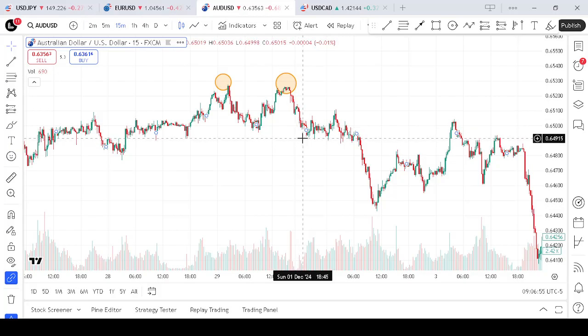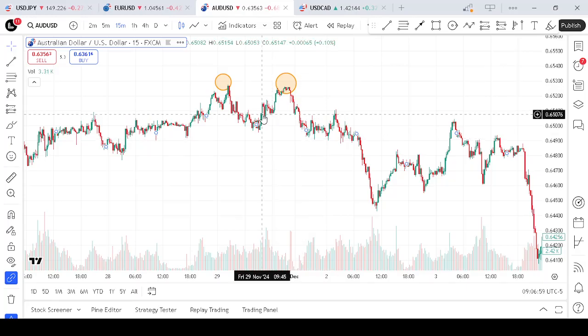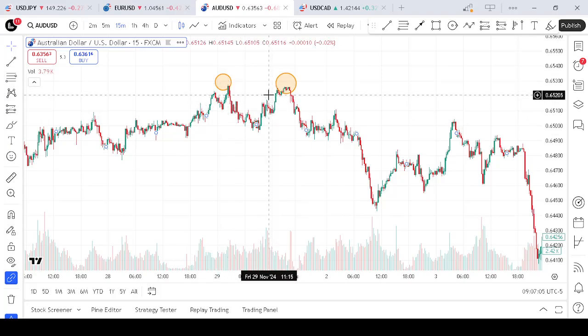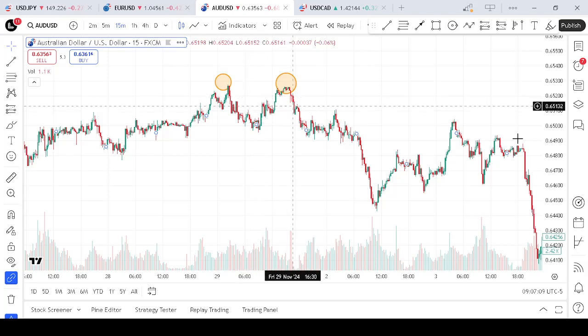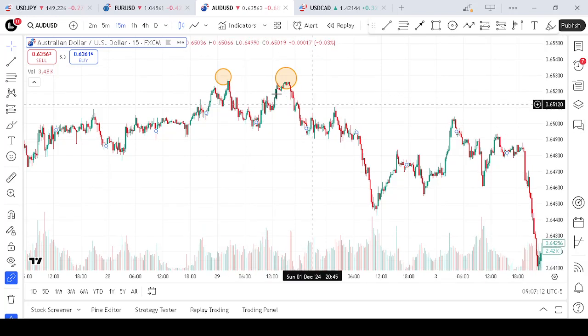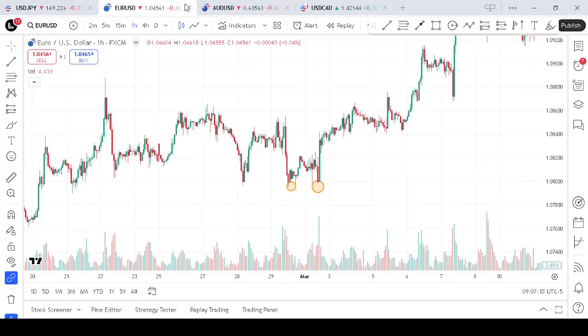Understanding this pattern is vital for making informed trading decisions. By recognizing the W and M formation on your chart, you can better predict the market reversal and adjust your strategies accordingly. Now let's look at how we can trade using this pattern. Now from the example, you notice that